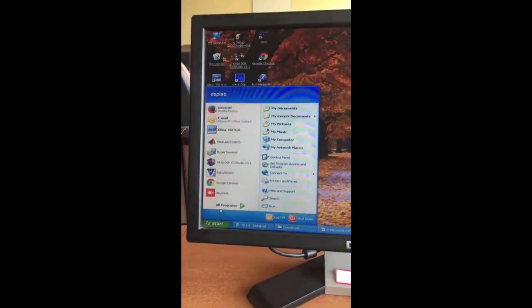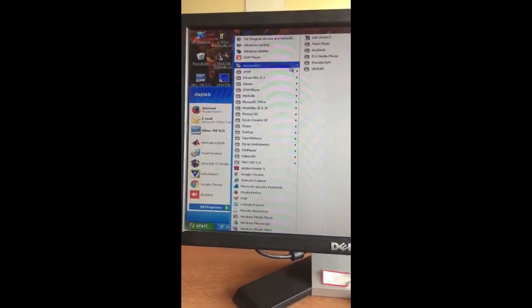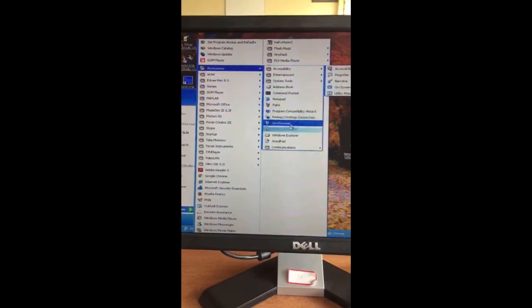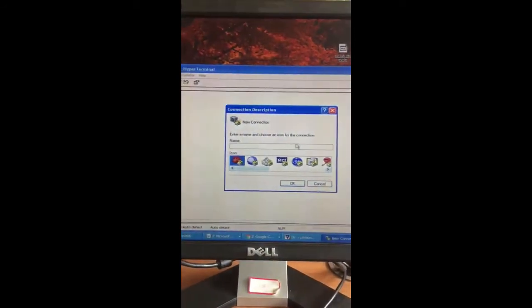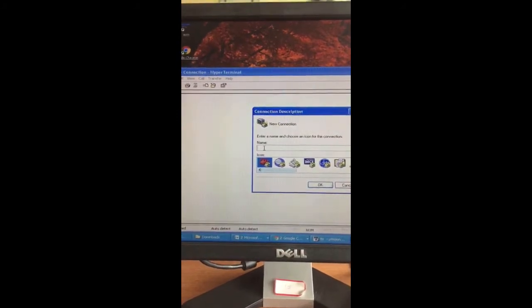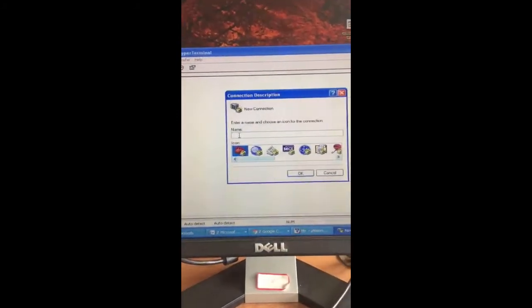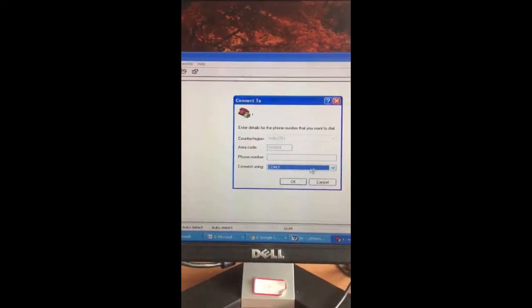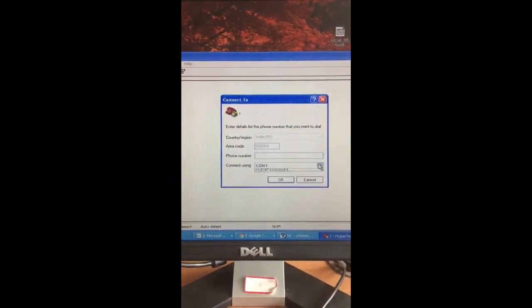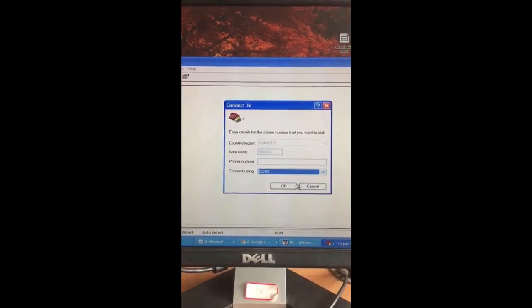Go to start, all programs, accessories, then communication, hyper terminal. Select this. Give a new connection, give some name, say R. I have typed R. OK. The connection is to COM1.